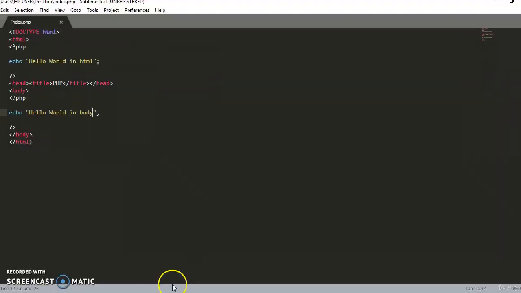And if I reload it, as you can see, it has given us hello world in HTML and hello world in body. That means we are getting both outputs. It indicates that the PHP parser is parsing both PHP tags. That means we can have multiple PHP tags in a single page of our program.